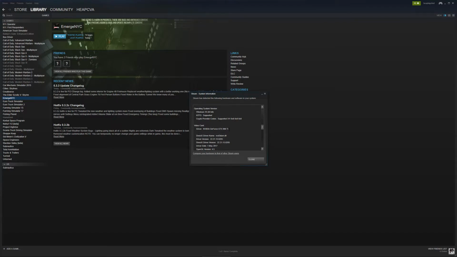The next thing is the video card. If I don't see this listed and we're talking about Emerge NYC, it's the next stop on my discussion with somebody about why a game won't play, or a tech demo in this case.